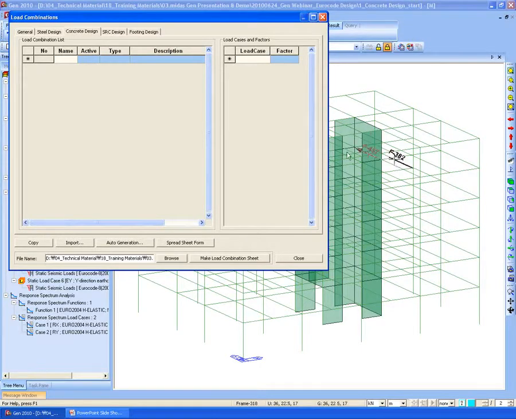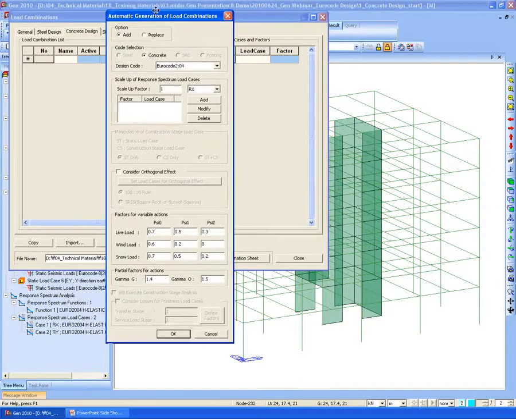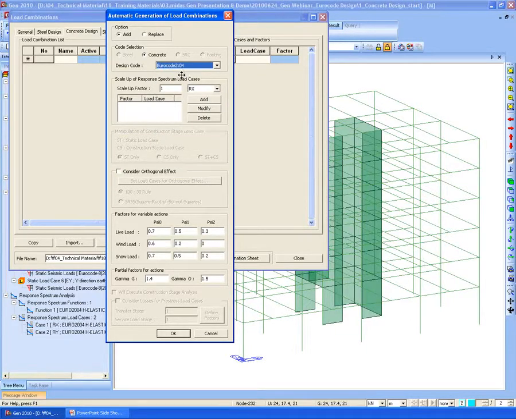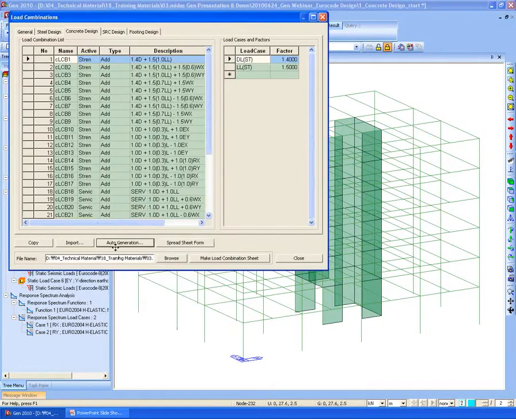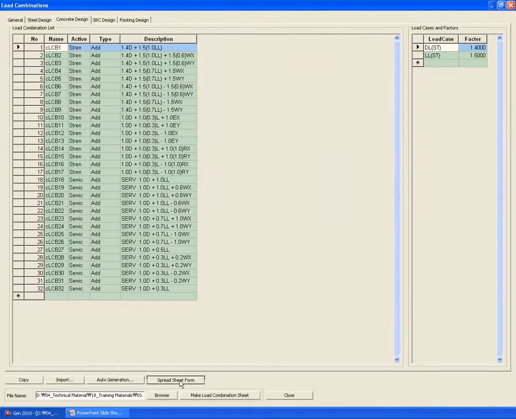Since this is the RC structure, we will go to the concrete design tab, and by clicking the auto generation, we can see this dialog box, and we can select the design code. You can see the implemented design codes, and we will use the Eurocode today. Orthogonal effect we can consider. So we can see the load combination has been generated.